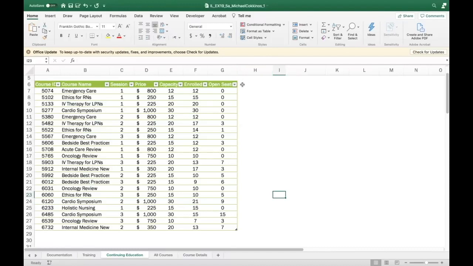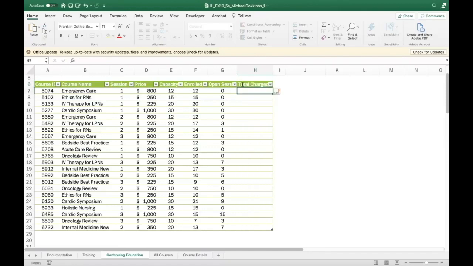Now, how do you insert a new column? Remember, if you just click there, and once you start typing something, it'll automatically add it to the table. So it's going to be total charged. Hey, once I enter it, watch what happens. Bingo. So I get the whole header column added there, and it's got the filter arrow already for you to use. And then in cell H7,